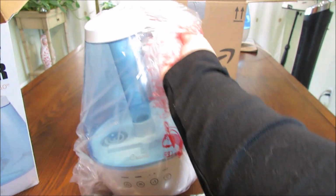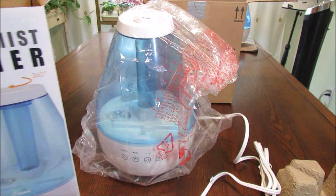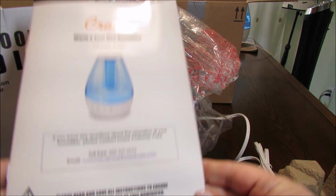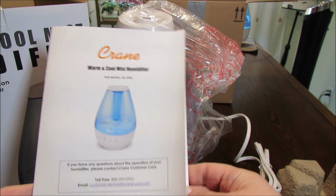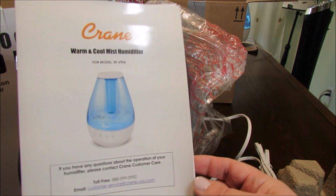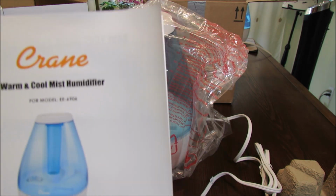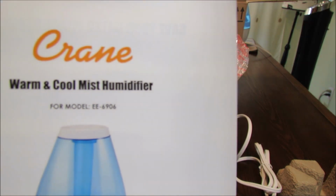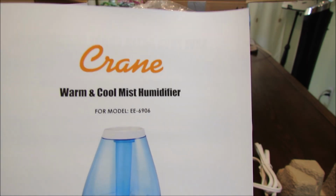All right, so we got our humidifier. We'll get it out, and we got this little manual, and it's very helpful because it has all the information that is required for the setup and the operation and for the maintenance. The model number on this one is EE6906,